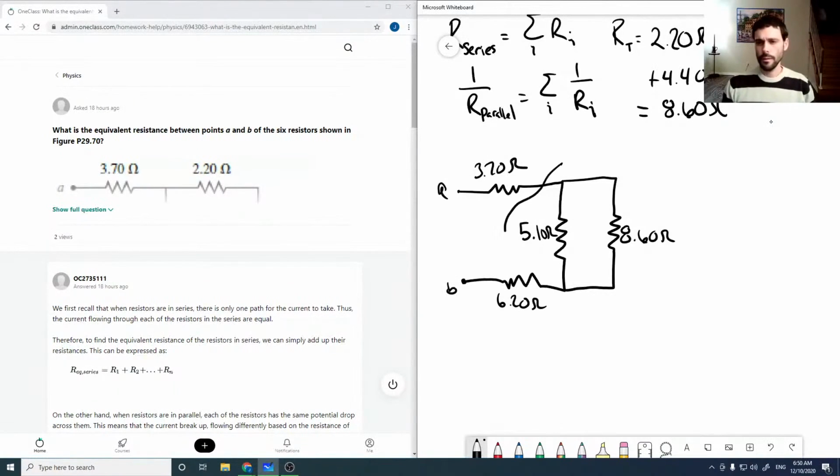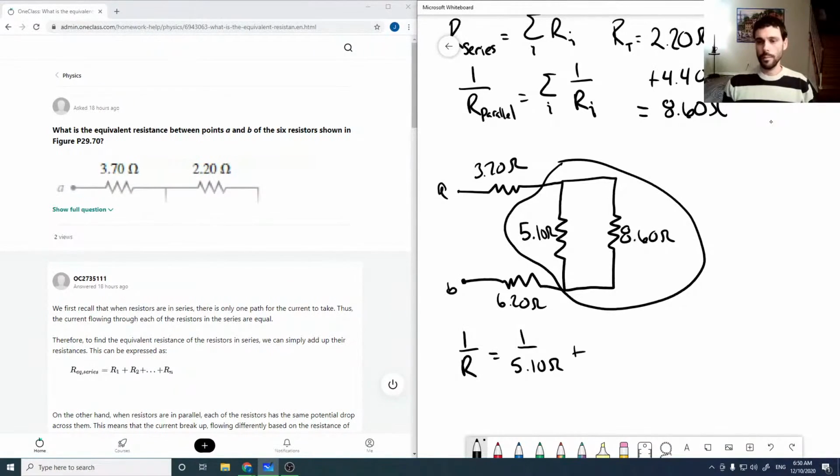And now this segment is in parallel. So 1 over the resistance here is 1 over 5.10 plus 1 over 8.60, which is equal to 0.312, or the resistance is 3.20. And so now we have another equivalent circuit we can draw,